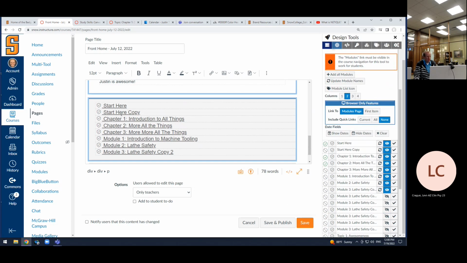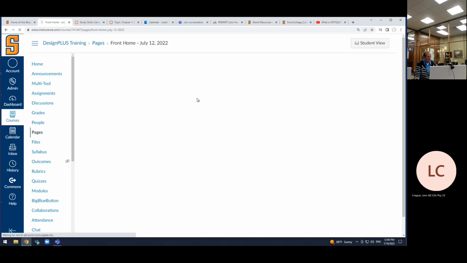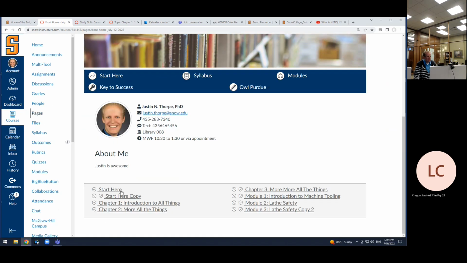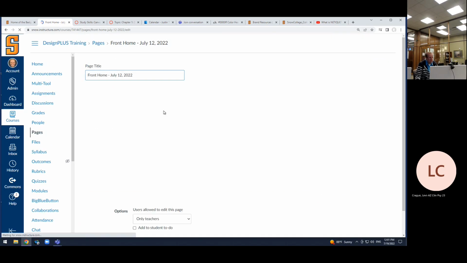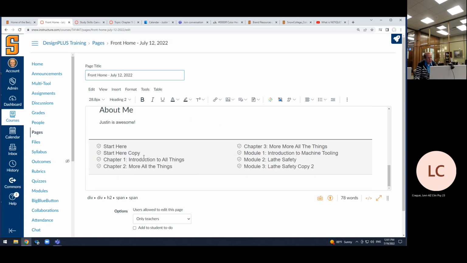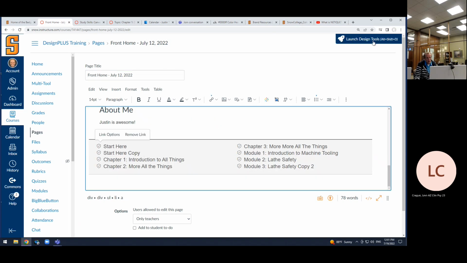What's it doing? Okay, so this is going to only show it in one column, right? But when I save the page, it's going to break that into 2 columns, so that they're not so long. Exactly. It shows me which are not published and which are published. It will not show the student that. But what we can also do with this, by clicking back into it,